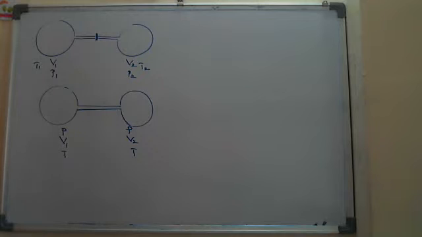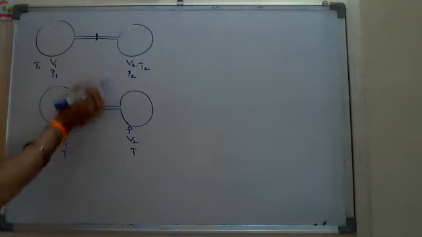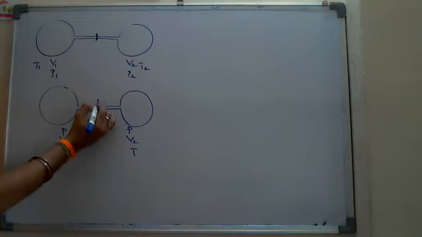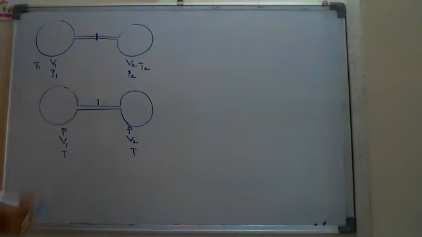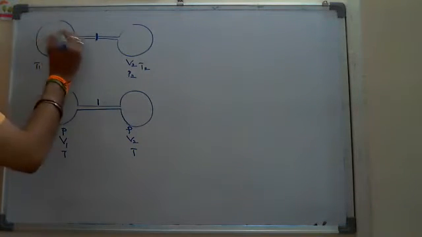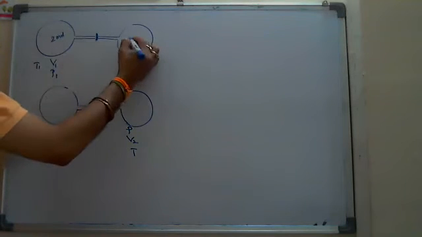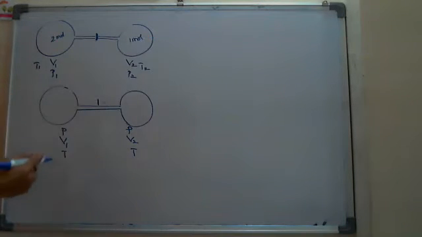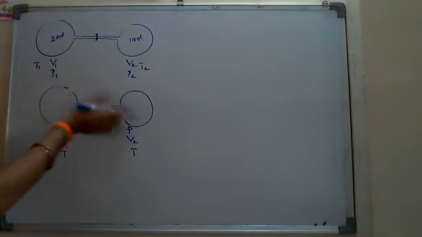here. So in this case, after opening the valve here, lifting that valve, allowing the gas to flow from one bulb to the other bulb. In that case, suppose there are some 2 moles of gas here and 1 mole of gas there. Okay. Due to the pressure variation, gas flows from one to the other.